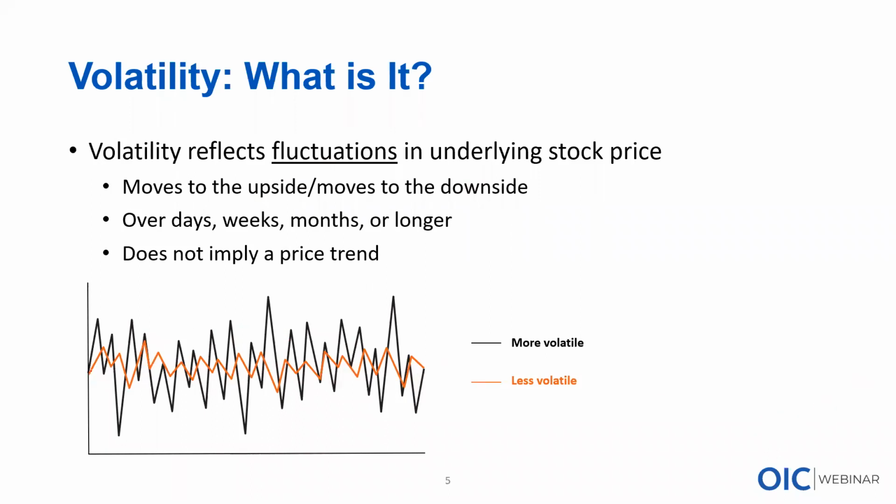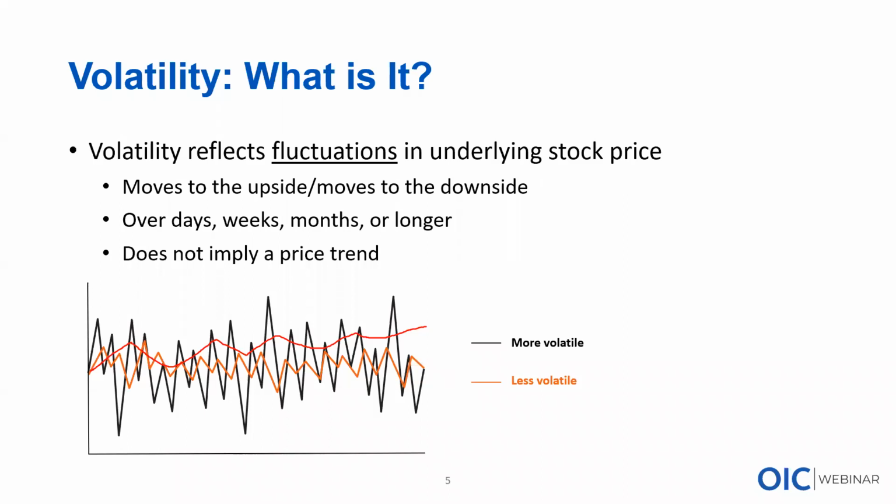In fact, you can also have a stock that starts, as I draw it in here, at the same spot and finishes at a different spot, and still, this red line that I just popped in there would still be less volatile than this black line stock that's all over the place, up and down, and finishes this time period unchanged. The key takeaway is that volatility measures fluctuations, changes in prices over a given time frame, and does not represent